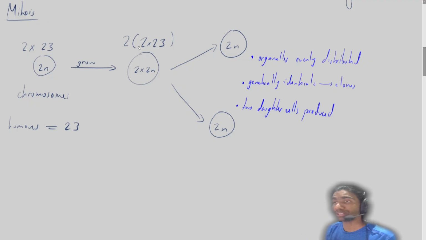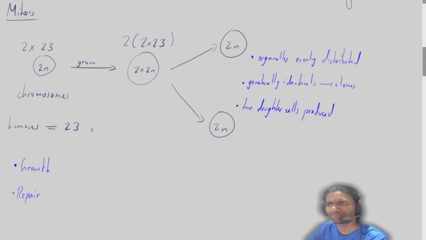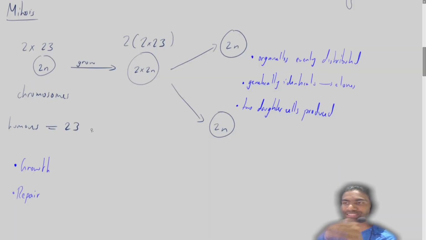And the main reason why mitosis occurs, there are 3 functions of it. The first function is that it could be because it is trying to grow the body. The second function could be that it is trying to repair the body, right? There is another one as well, but these are the main 2 reasons why mitosis would occur. It's for growth and repair of the body. So if you have a cut, the reason why that cut fixes is because of the mitotic cell division, right? If you are growing from a child to a teenager to an adult, that growth process will also be undergoing